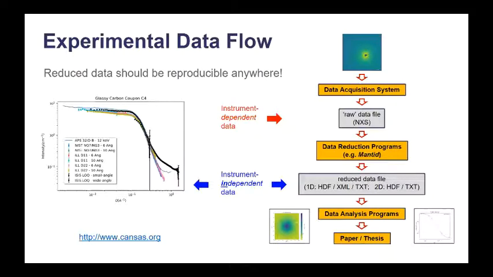Now at the SNS, and I think HFIR too, SANS data reduction is invested in the Mantid framework. We use Mantid at ISIS too, as do a few other facilities. If any of you have used the NCNR at NIST, then I think data reduction there still uses scripts in Wavemetrics Igor. So data reduction is where things like the efficiency and spatial response of the detector, the electronic background, the